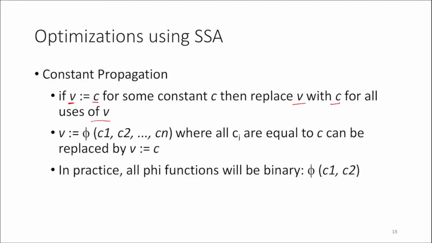If I have a phi function with a bunch of arguments, in practice all of our phi functions really, because we're dealing with for loops and while loops, etc., they don't require very complex phi functions. They will be binary, but in the general case, you could have n different branches converging into one basic block, in which case you would have an n-ary phi function. And if all of these ci are equal to some constant c, then I can just replace that phi function with the constant. So I guess in this case, I'm eliminating the phi function by doing constant folding and constant